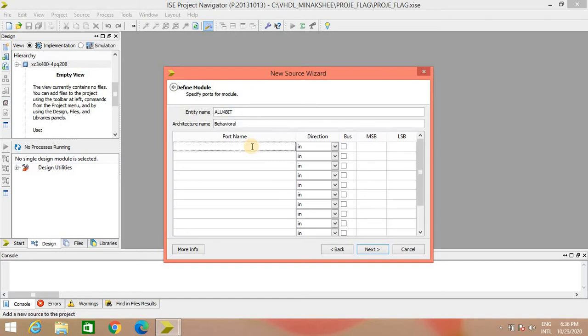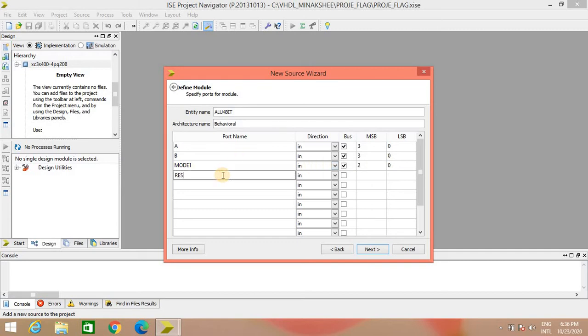My first port is A. It is input but it is a vector, so I have to tick over here, and the size is 3 down to 0, so it is 4-bit. Then B port, it is again an input, it is a vector, 3 down to 0. Then mode is another input, which is an input bus, and the size is 2 down to 0.